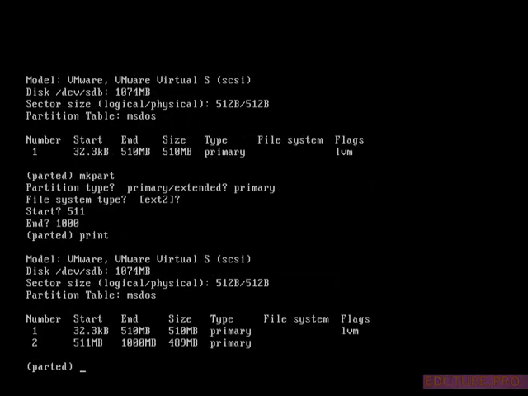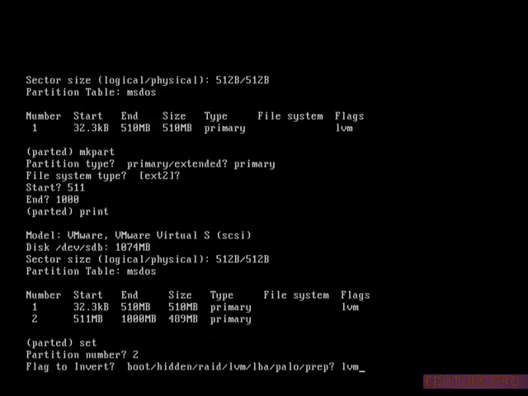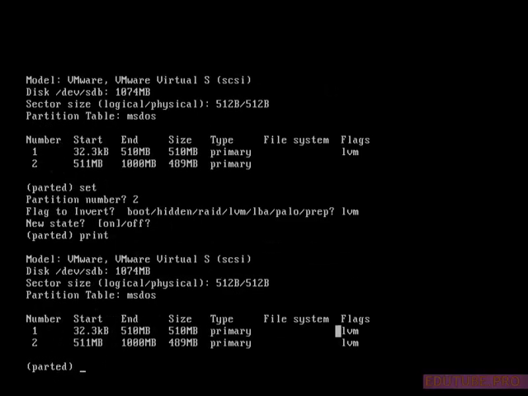But to set it up for logical volume management, you need to set an appropriate flag. I've created the second partition. Now we need to set it with the right flag. And there it is. It's now ready for